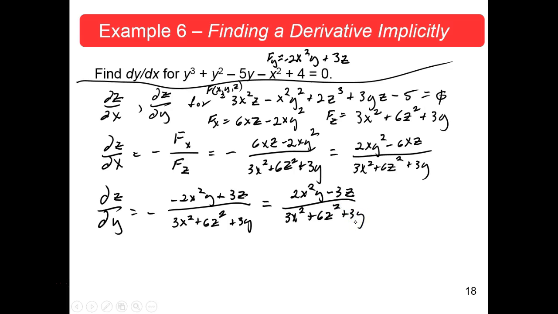Now, I didn't notice, should have, you could factor out a 3 from the denominator. It doesn't really help you any, but you could do that. So your partial of z with respect to y is 2x squared y minus 3z over 3x squared plus 6z squared plus 3y. Now, one thing they didn't mention here, and it's certainly true,